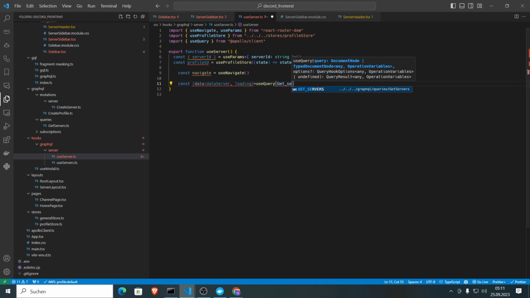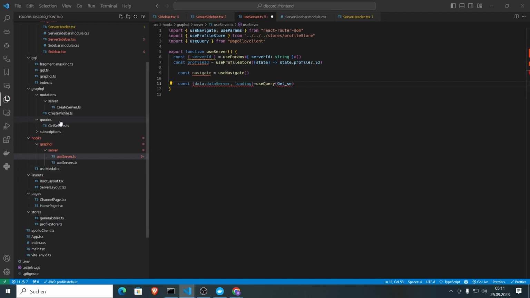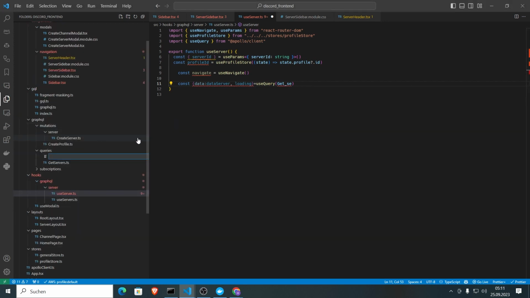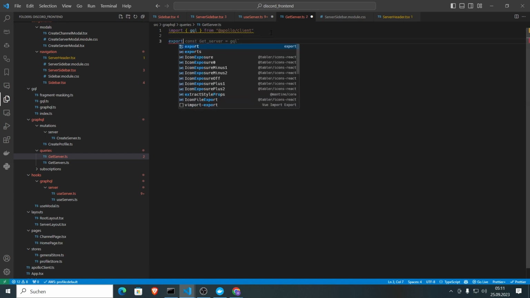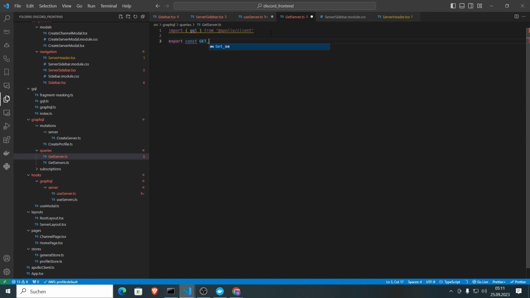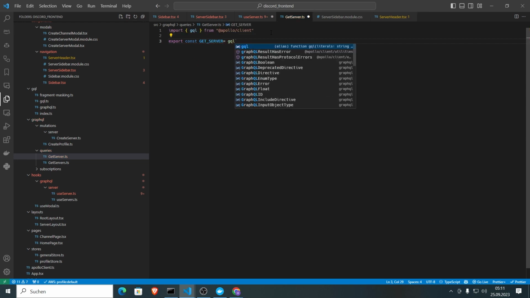And we need also to create this query. So here in queries, let's create get server.ts. Let's import GQL from Apollo client. Let's say export const get server GQL